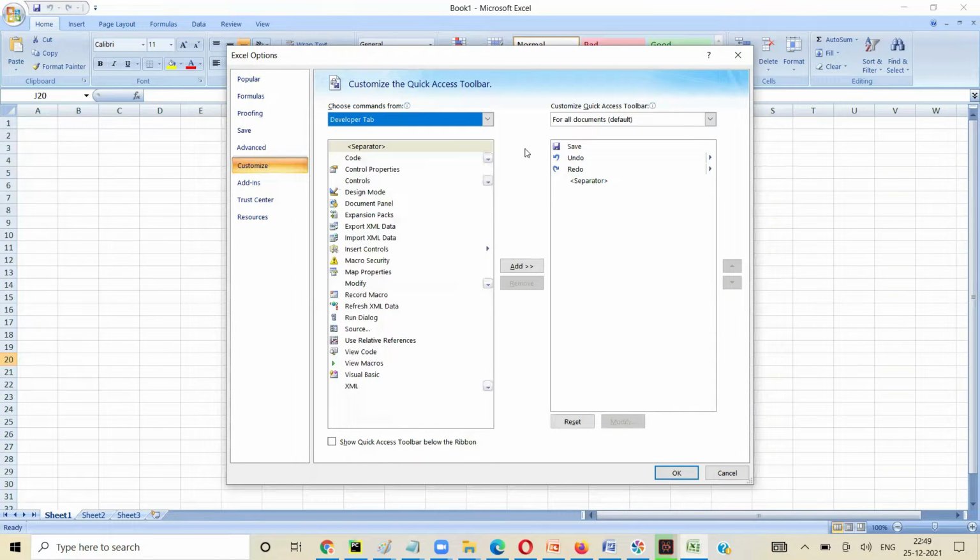Okay, but I want the entire thing, right? Not okay. So you can select record macro. Now record macro is used for... but see, this is going to add and save and update.